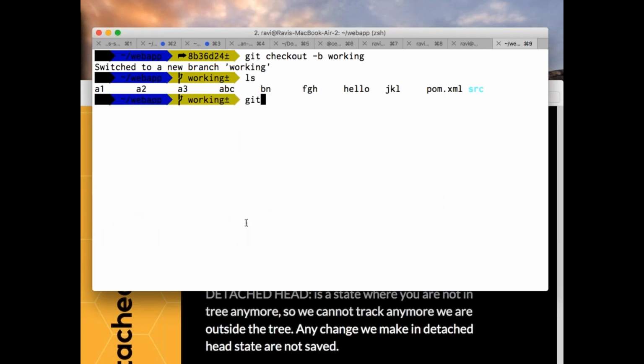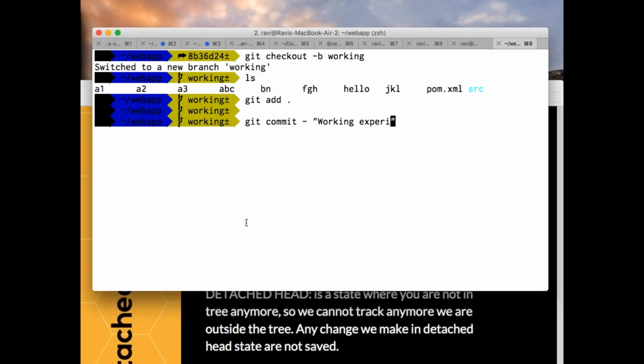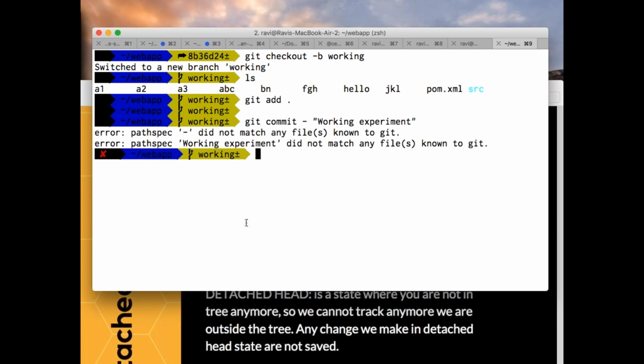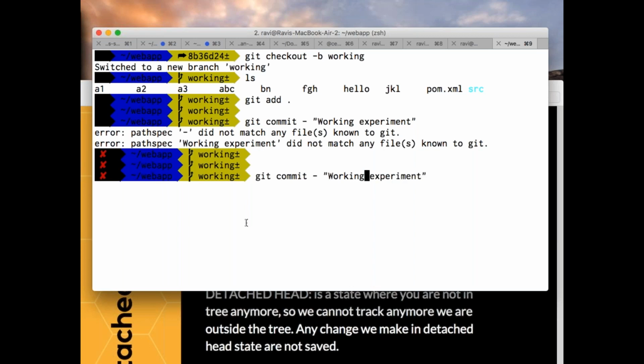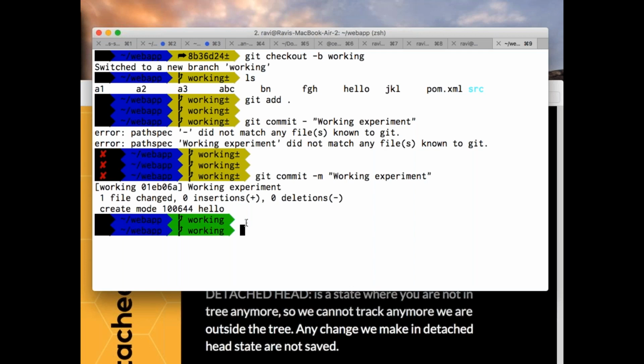Now if I say everything is good, I'll say git add . and I'll say git commit -m "working experiment". Now you have the changes and your experimental changes.